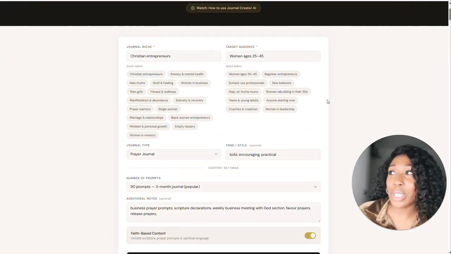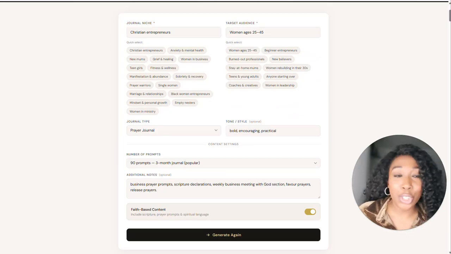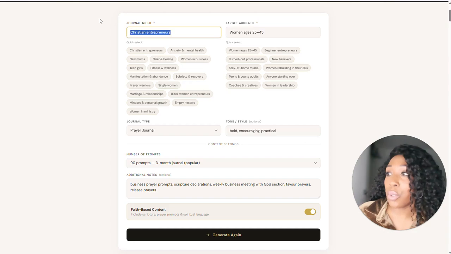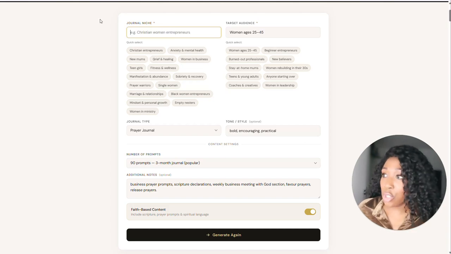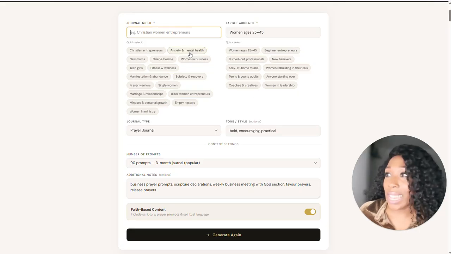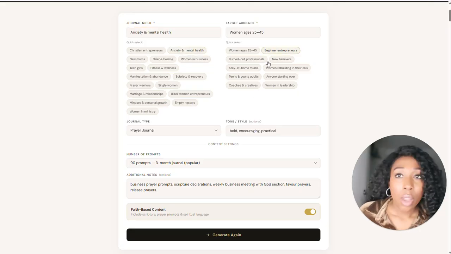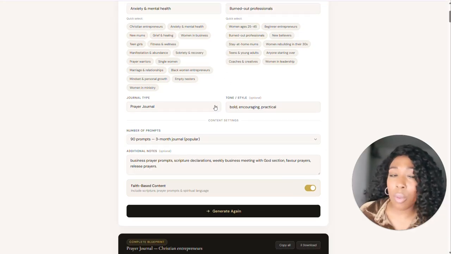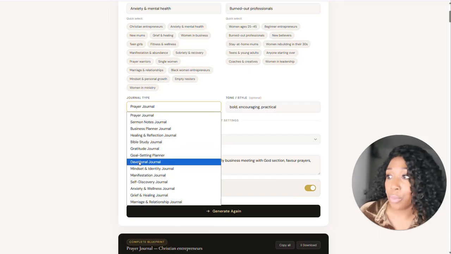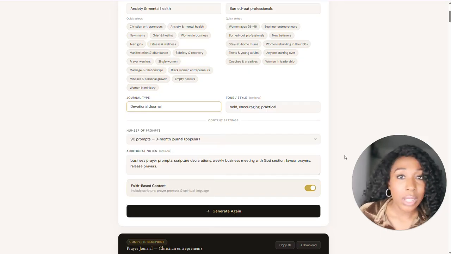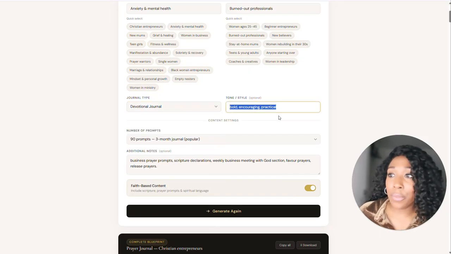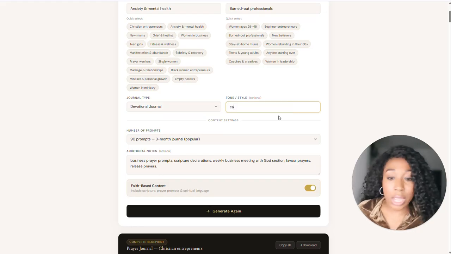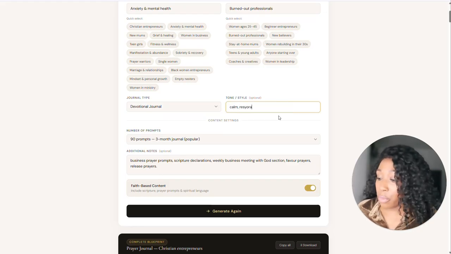Okay. We are going to generate another journal. So in this one, let's click on anxiety and mental health. We are going to do burnout professionals. We're going to be doing a devotional journal for this example. Let's do a devotional journal. And for the devotional journal, we want it to be very calm. We want it to be restorative